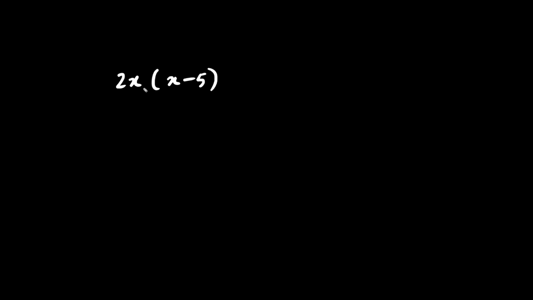Now let's practice this concept called distribution. This here, 2x, is being multiplied by x because we see this bracket here. We know there's a hidden multiplication symbol, but we multiply by the first term and the second term. We feed the dog and then we feed the cat. What is 2x times x? That is 2x squared. Recall that x times x is x squared and x times x times x is x